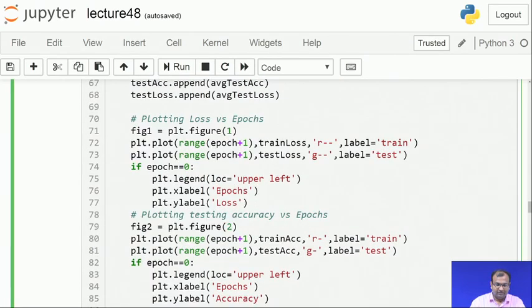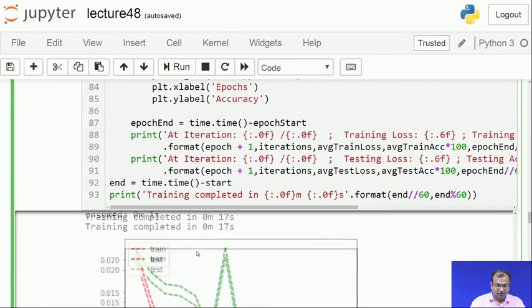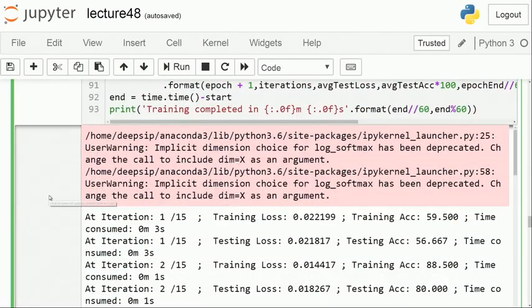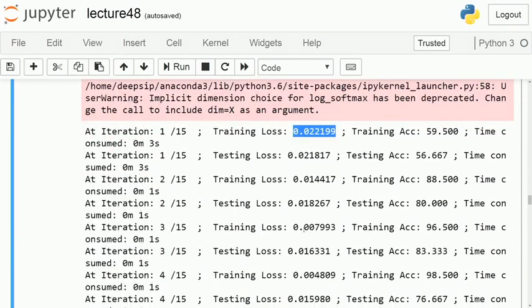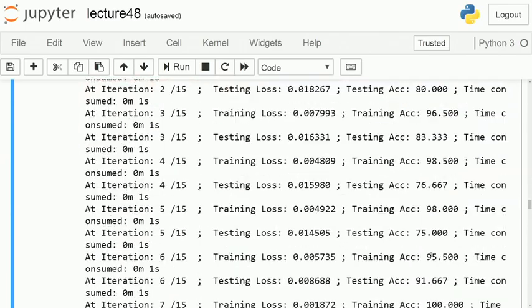Now, from there we enter into this, which is just a simple plotting routine which we had followed. So, let us look at what it comes down to. So, you start with your first iteration, and the training loss initially is about 0.22, and then you see this loss keeps on going down, and your testing accuracy initially starts with about 59.5%, and then it keeps on increasing. So, around the second epoch it is already at 88.5%,